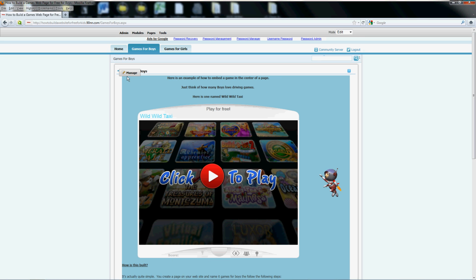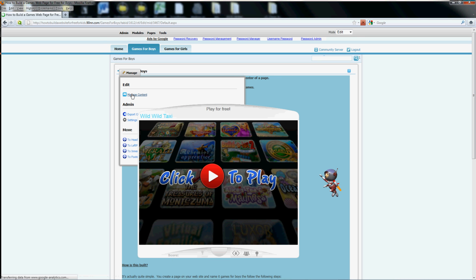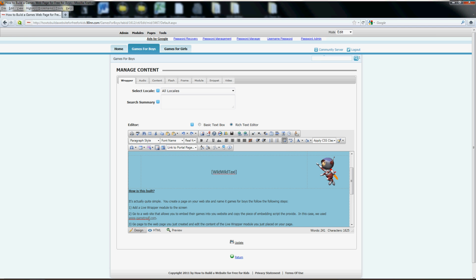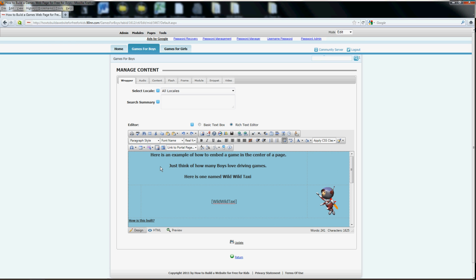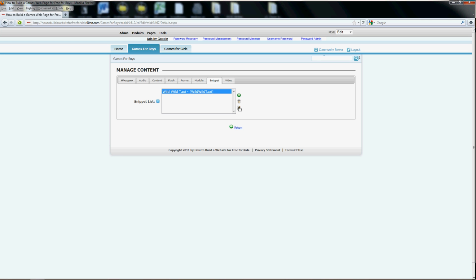So how did I deal with that? I go to Manage, I choose Manage Content, and inside of here you can see I've designed the actual page. What I've done is I've created a table in here. Now the important part here is that I went to a site called Game Treat, and I actually retrieved a game that I could embed into my web page. So what I did with it was I used the snippet tab. So if I go into the snippets, you'll see that I've got an entry in there called Wild Wild Taxi. And if I edit that entry,